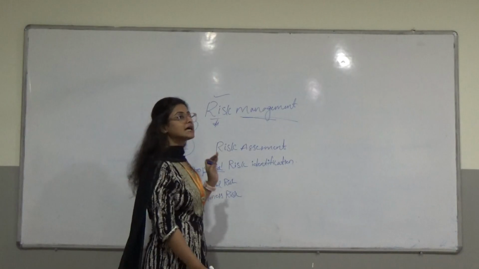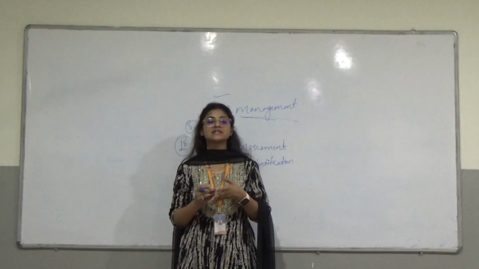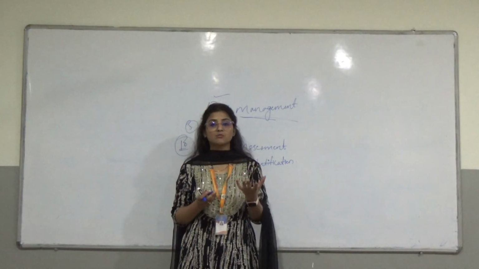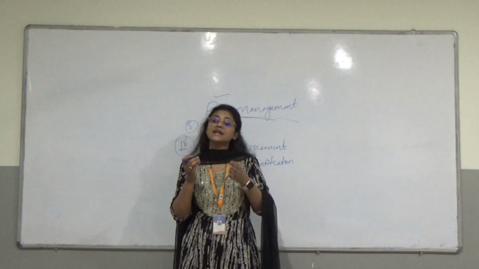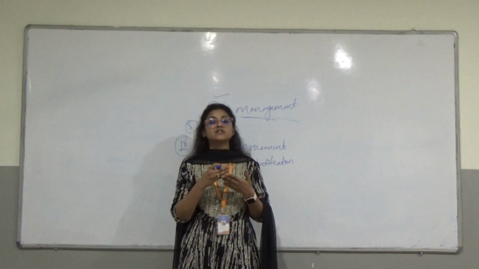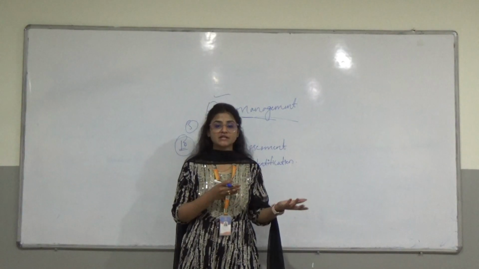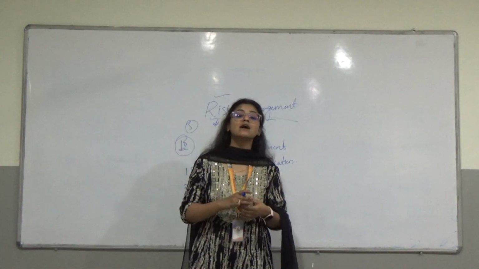And the next one is the business risks. There are multiple types of business risk, like market risk. Market risk means, suppose for instance you are developing one water bottle. In the market there are multiple types of water bottles, so why do they need to purchase only your water bottle? Is there any specific change or specific thing to purchase your water bottle, and what is the competition over there? That comes under the market risk.